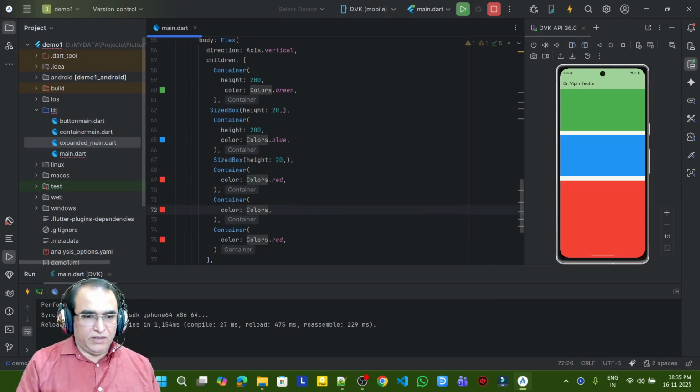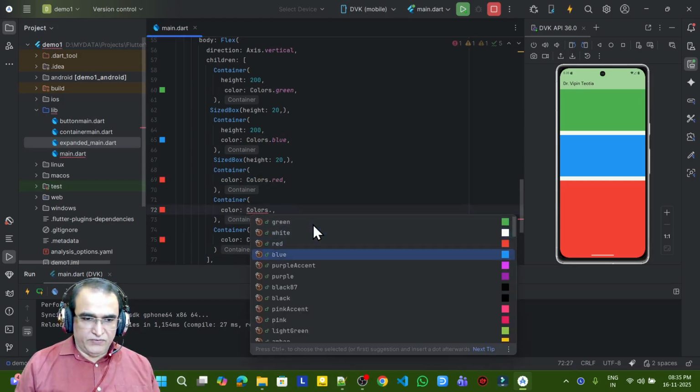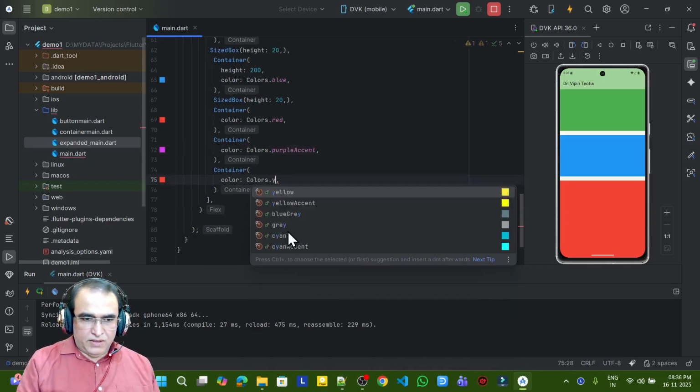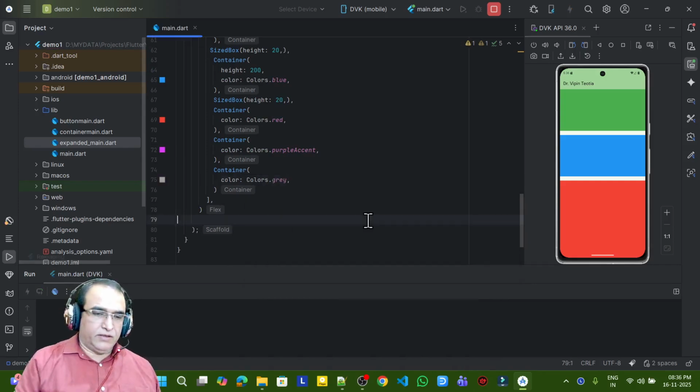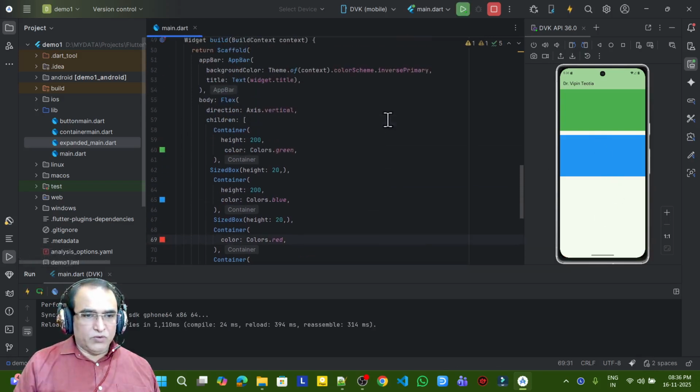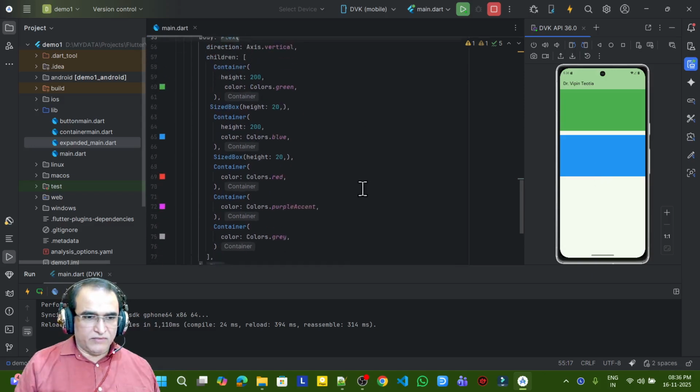I give color here. We can give purple color like this, and more colors I give here. I can say shine color or gray color like this, and I say Control S. You will see that it is showing some problem. I'm using flex here and vertical is there, but you see the screen is going somewhere else, but I have to